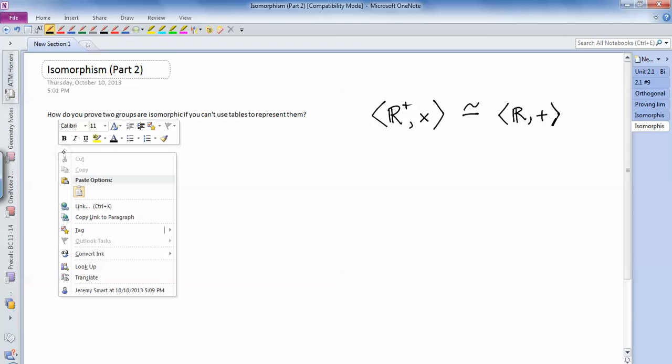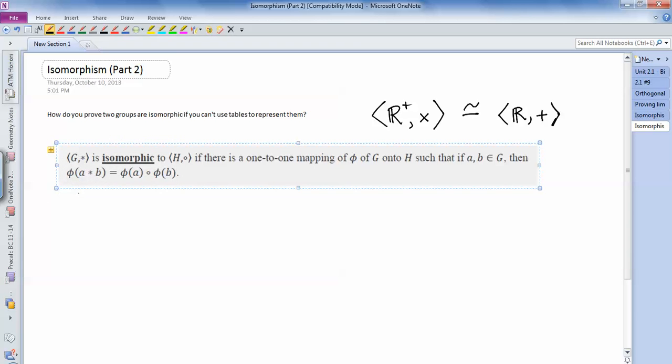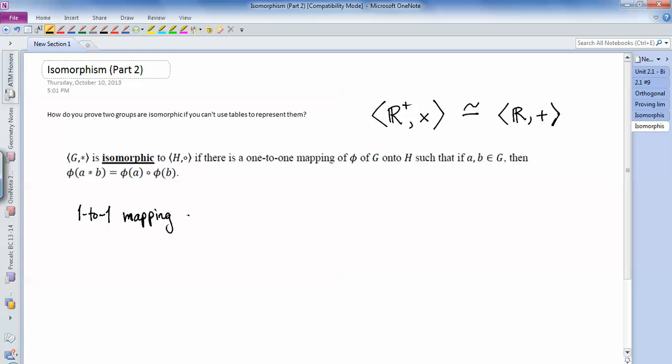Do I have the definition still here? Yeah, there it is. So there's the definition of isomorphic groups. The goal is to come up with a one-to-one mapping. So we need a one-to-one mapping of R plus onto R